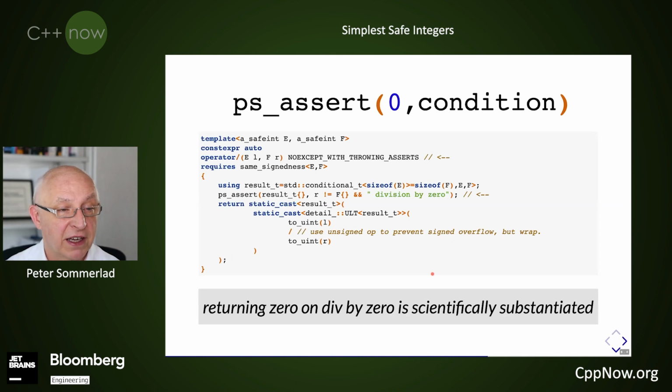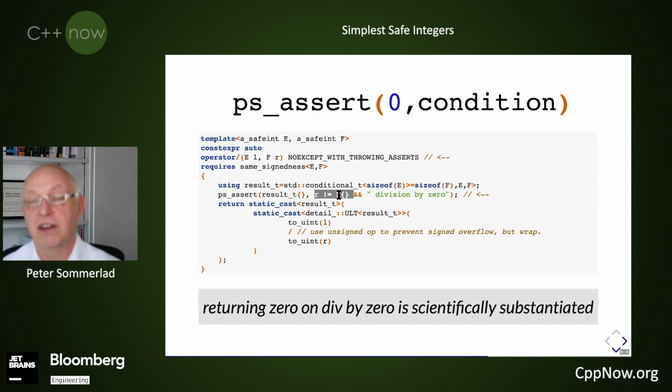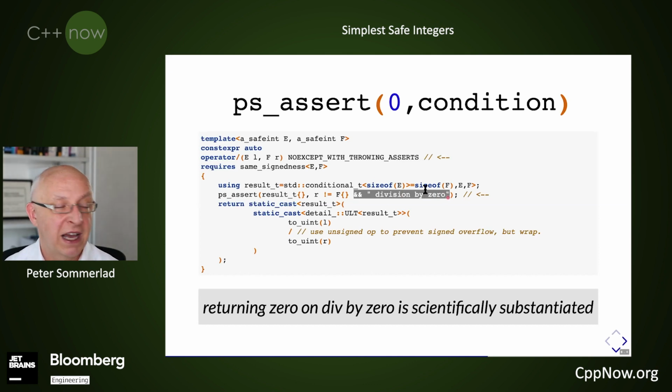Now, how can that be used? For the division operator, we assert that the divisor is not the default value, which is 0 for an enumeration type. In that case, we might return result t. To get a little nicer error message, we extend the condition by a logical ampersand, giving that string.